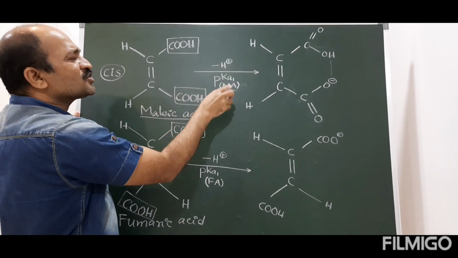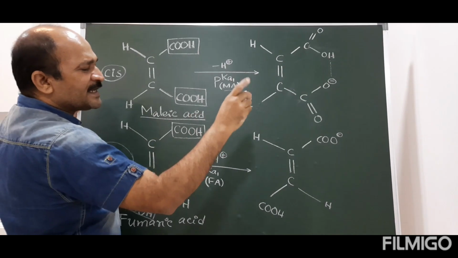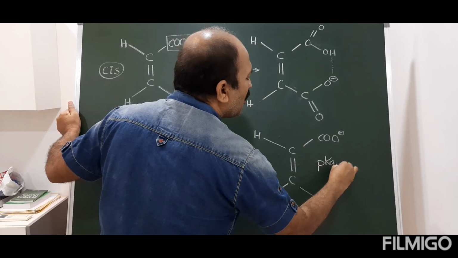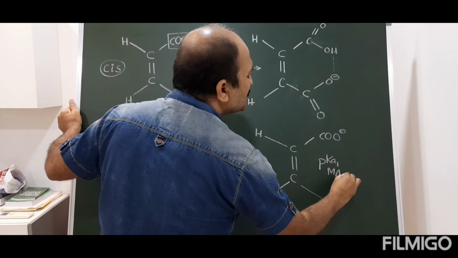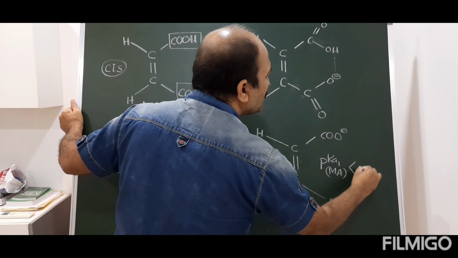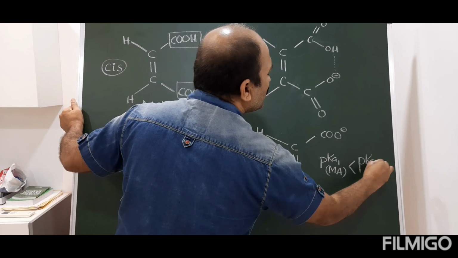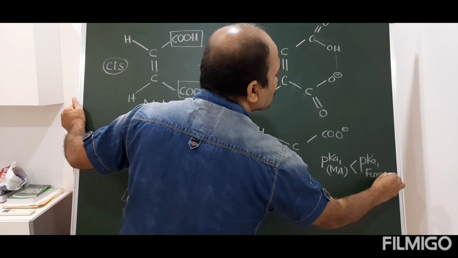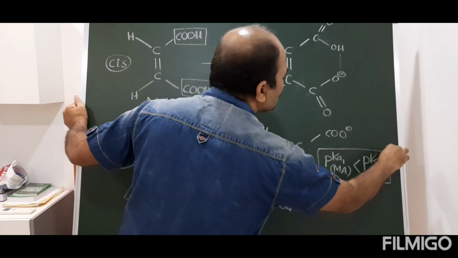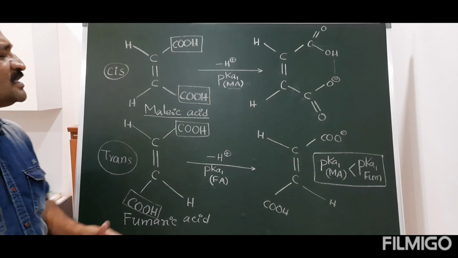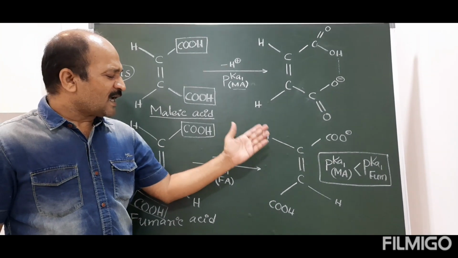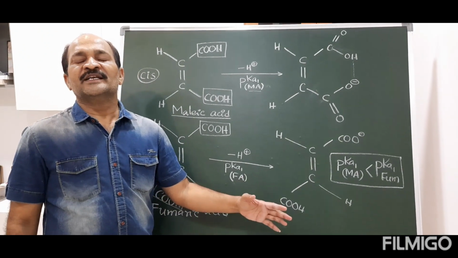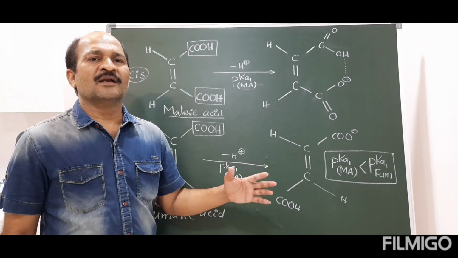Whenever the acid is strong, the pKa value is less. So the final judgment is that pKa1 of maleic acid is less than pKa1 of fumaric acid. The higher the strength, the lower the pKa value. This is the explanation. With this, I am going to close the acidic strength of carboxylic acids, phenols, alcohols,